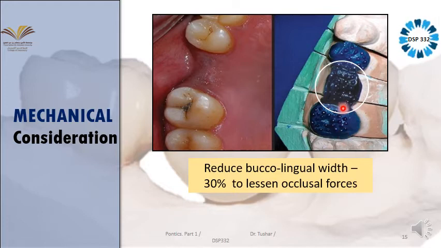If you satisfy Ante's law, it will work properly, there is no question. But if you want your prosthesis to work for a longer period of time, it is better to reduce the surface area of your pontic by 30%. By reducing this 30% surface area, you are not going to compromise the masticatory efficiency, but you are going to put less pressure on the abutment tooth, which is good for the health of my abutment. Understood? So this comes under mechanical consideration. I hope this is clear with everyone.